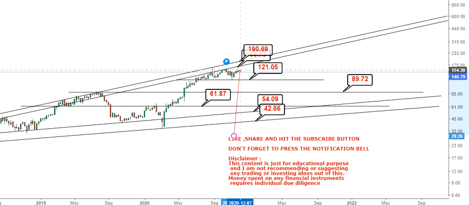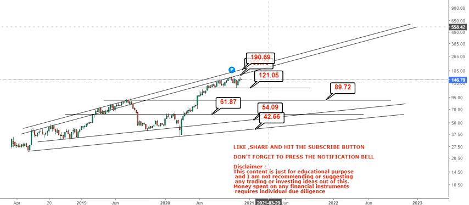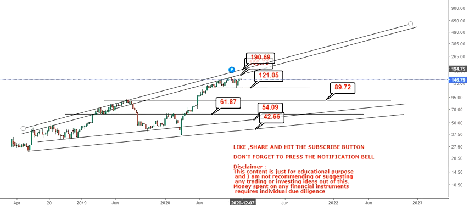Okay, now one thing we need to consider here is that if the stock moves like this, which means it simply makes a crossover above these two lines, then in that case it will be considered a trend breakout. Okay, and that will happen after $190. So if the stock sustains above $190 and the move is like this, then this will be the start of a new trend. In that case, you can keep your stop at 190 and you can carry on along with the trend. Okay, now